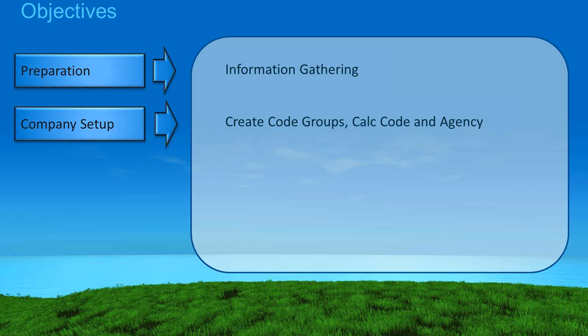I use a typical set of code groups, because one of the rules of users of 401k scripting on a regular basis is the fabulous cut and paste. Why rewrite what you can plagiarize? In 401k scripting, plagiarism is the highest form of flattery. So I always establish a couple of code groups, and this is all documented in the presentation and in the Word document that's provided, so you don't have to worry about taking notes.